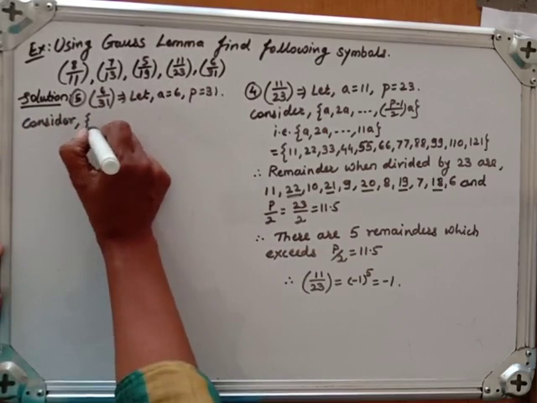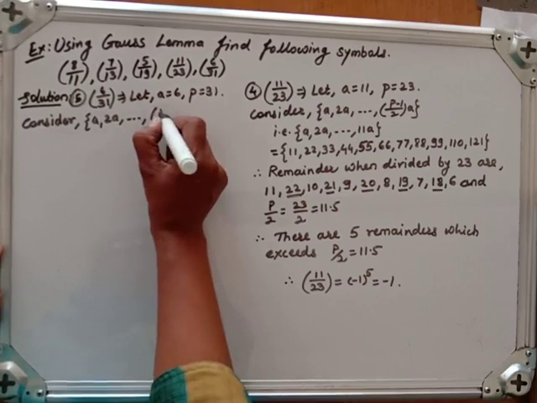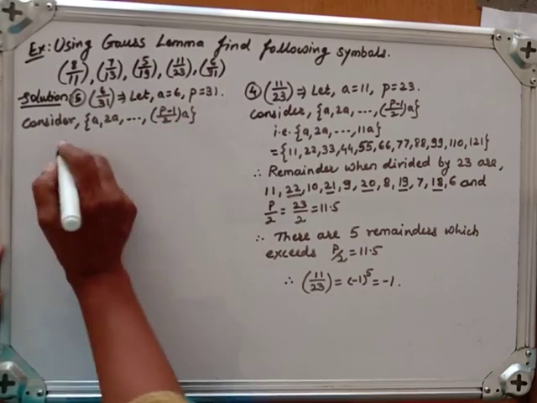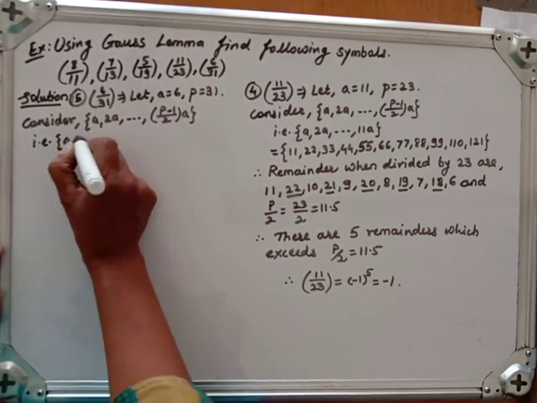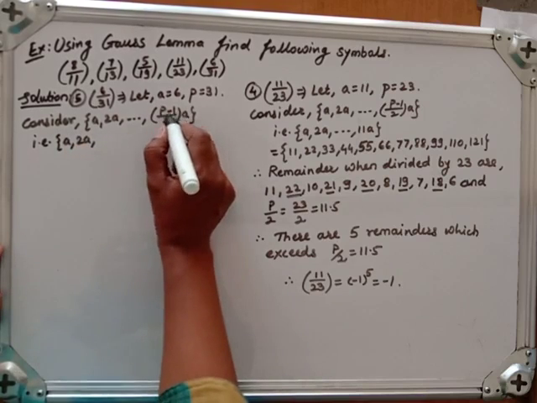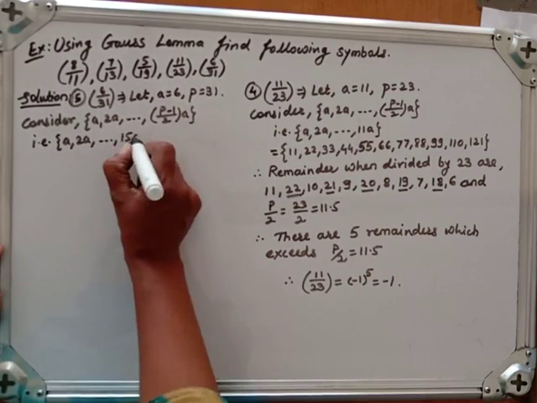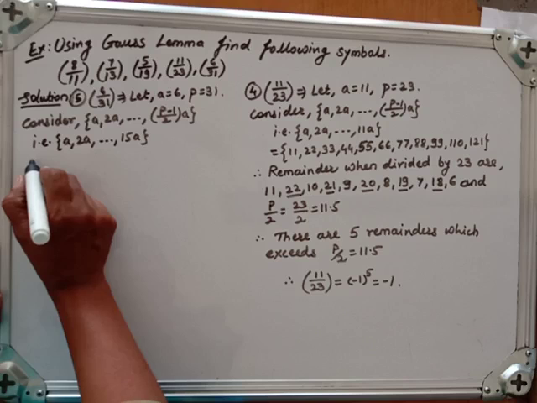Consider this: A, 2A, and so on up to (p minus 1) by 2 times A. That is A, 2A, up to 31 minus 1, which is 30 by 2, so 15. Up to 15A, where A is equal to 6. Therefore,